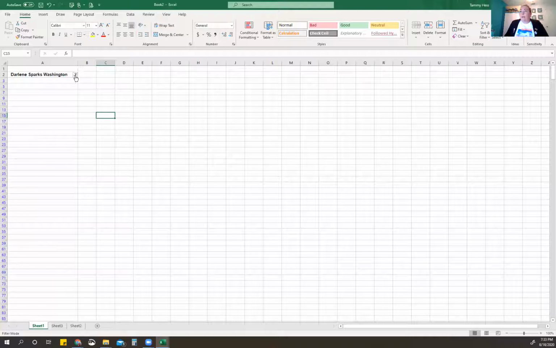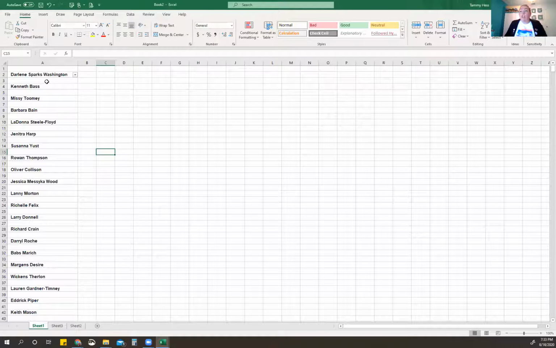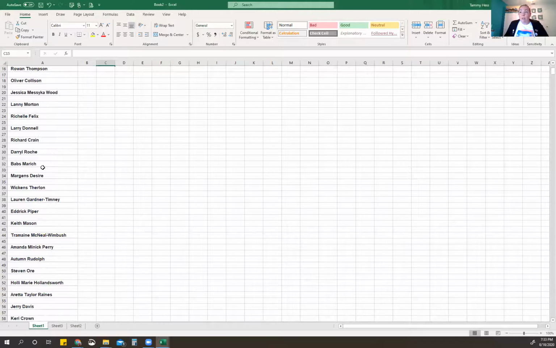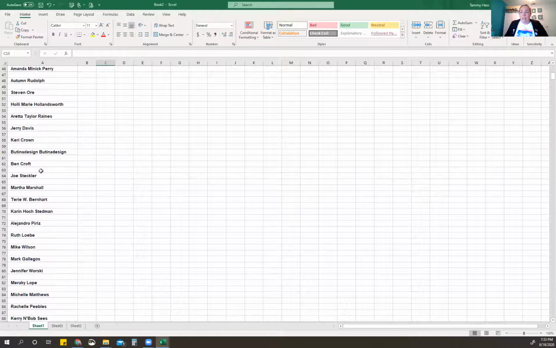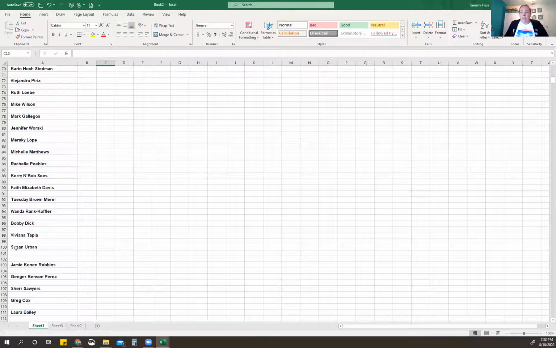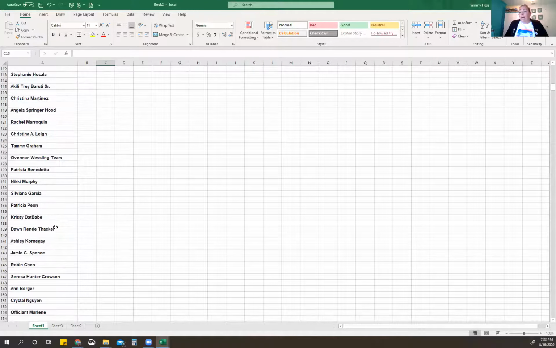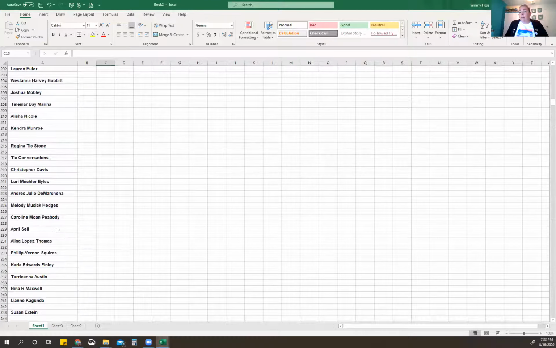So now I have that. Now if I go back over here, I can click select all, say okay, and it's going to show me all of the names. But it's still got all those blank spaces in there where I took out the email addresses and the dates and times. Like you can see this one has 2, so obviously Susan had her email address in there. So I am now going to go down to the bottom